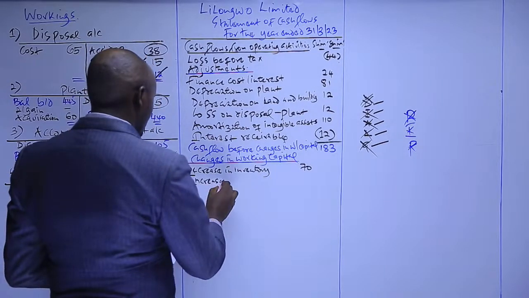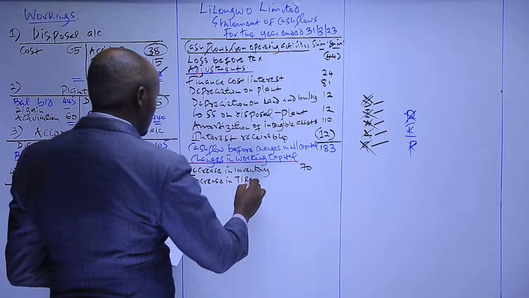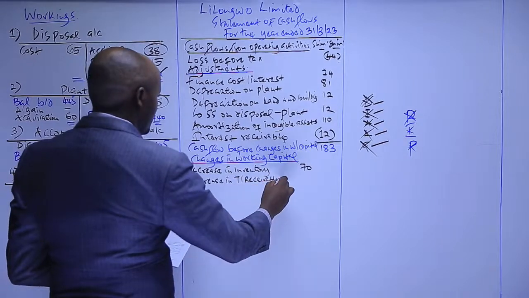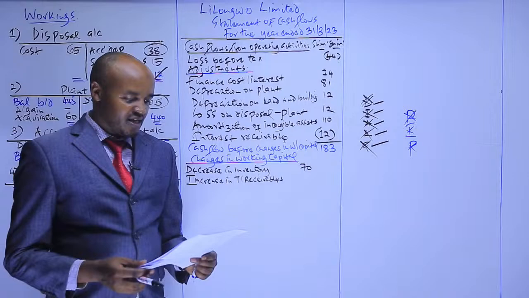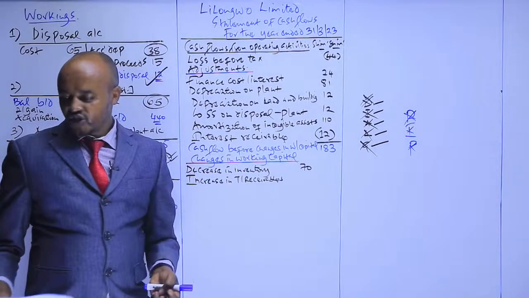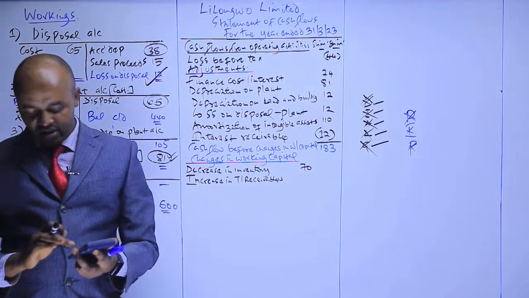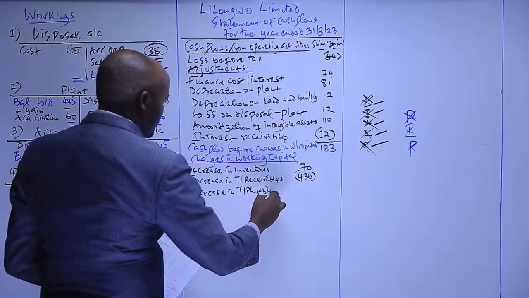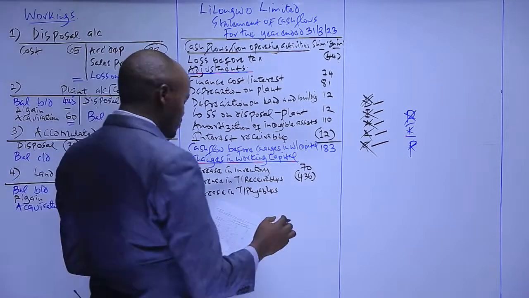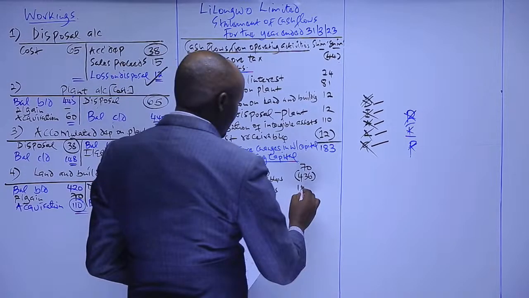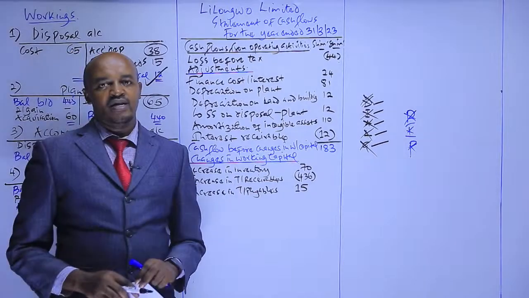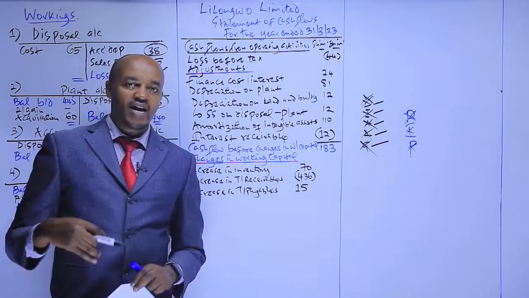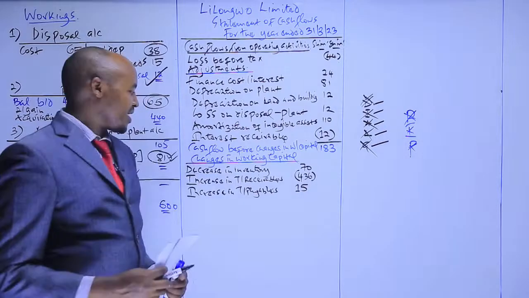And then we have an increase in trade receivables. An increase in trade receivables means that we extended more credit to our customers. If we give our customers some credit, it is basically a cash outflow. Then the trade payables increased from 515 to 530. That is an increase of 15. An increase in payables of 15 million means that our suppliers, our creditors, extended more credit to us. That is a cash inflow.